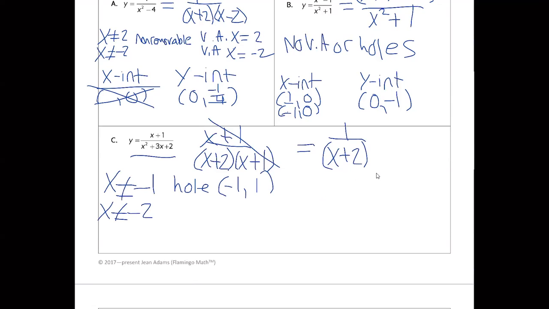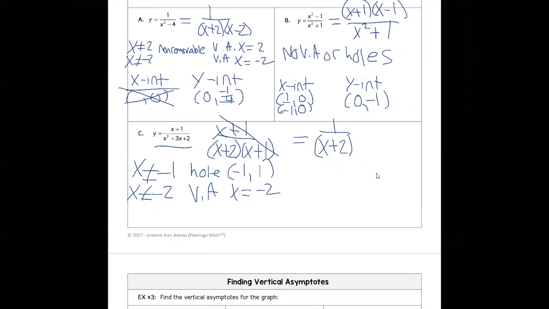And then since you have a non-removable undefined value at -2, that's just going to be a vertical asymptote at x equals -2, because you can't remove that x plus 2 on the bottom. To find our x and y intercepts,